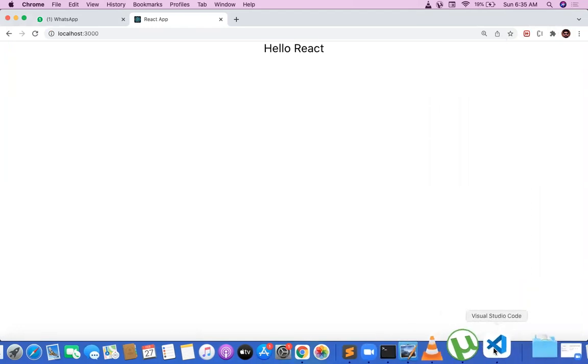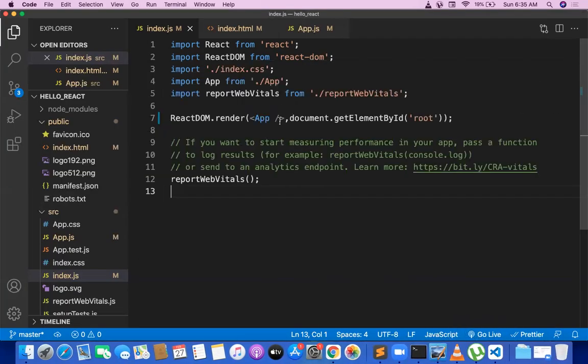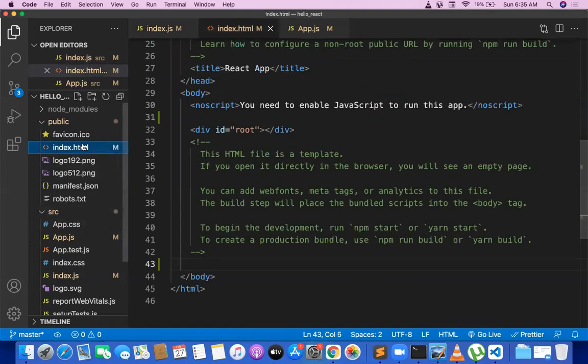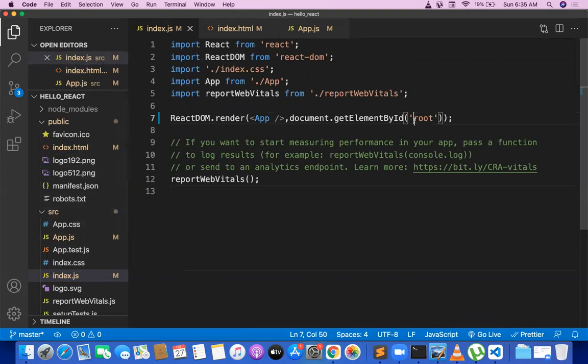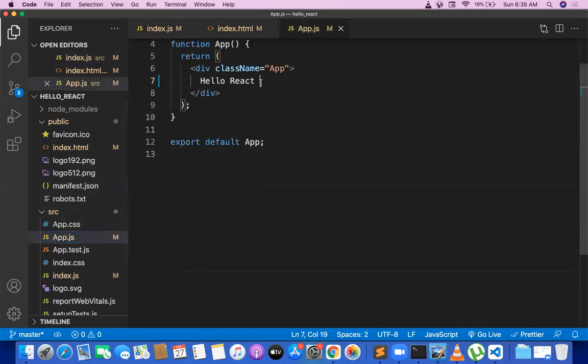Then where is Hello React coming from? Hello React is coming from this root, but root contains index.js and app. What does app contain? App contains only the functional component Hello React. Okay, so let me create